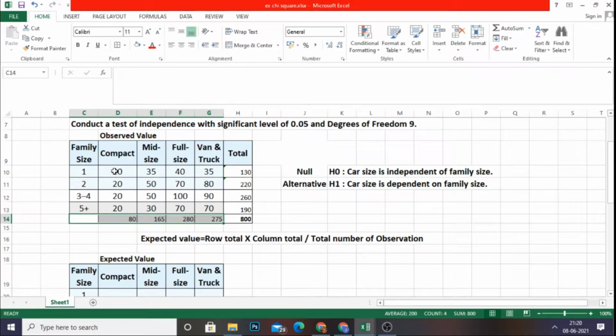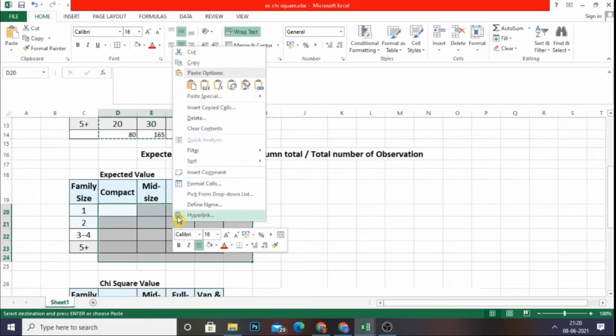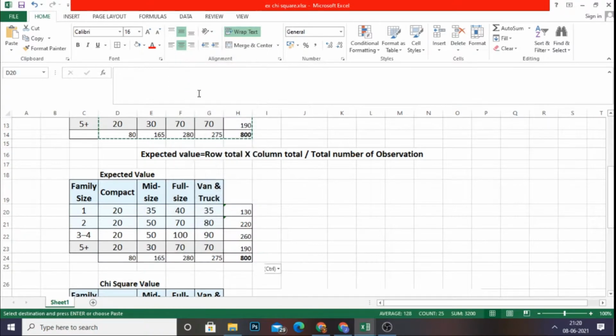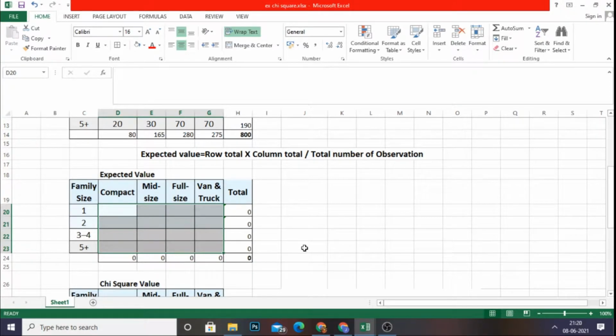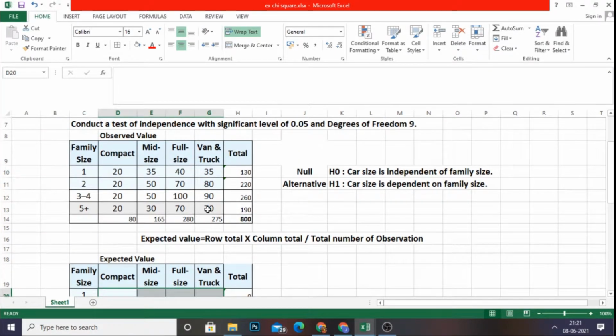Now what I'm doing, I'm just copying all the values here and pasting here. Got it. Okay. Now I am going to delete all these values. This is for some easy method.